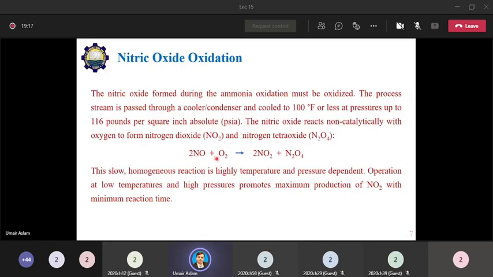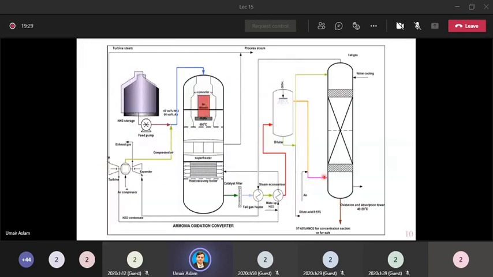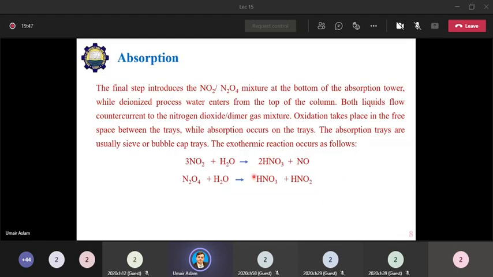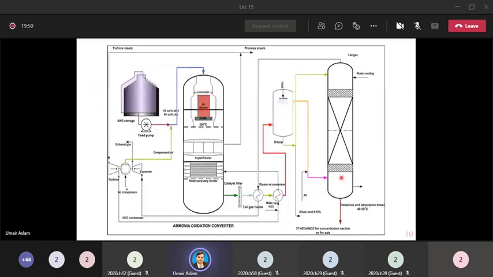ताकि हम NO को NO2 और N2O4, नाइट्रोजन डाइऑक्साइड और डाइनाइट्रोजन टेट्राऑक्साइड में कन्वर्ट कर सकें। तो एयर और NO रिएक्ट करेंगी, नाइट्रोजन डाइऑक्साइड और डाइनाइट्रोजन टेट्राऑक्साइड बनेगा। इसी एब्जॉर्प्शन कॉलम में हम टॉप से वाटर इंट्रोड्यूस करवाएंगे जो नाइट्रोजन डाइऑक्साइड और डाइनाइट्रोजन टेट्राऑक्साइड को एब्जॉर्ब कर लेगा फॉलोइंग दीज रिएक्शंस और नाइट्रिक एसिड में कन्वर्ट कर देगा। वो जो नाइट्रिक एसिड है वो कॉलम को बॉटम से लीव करेगा और अब उसकी कंसंट्रेशन 57 to 60% होगी।